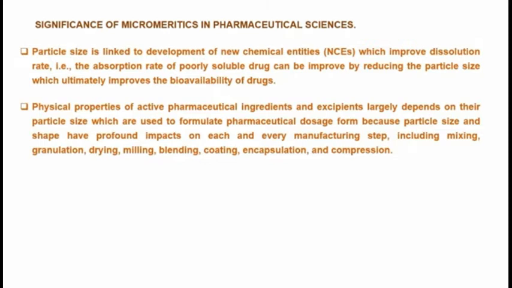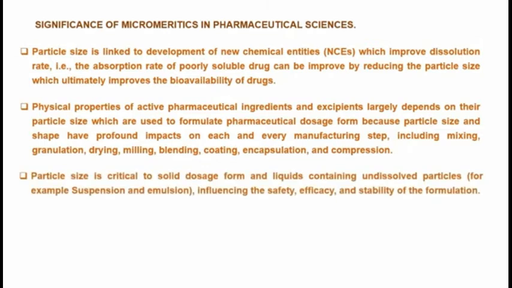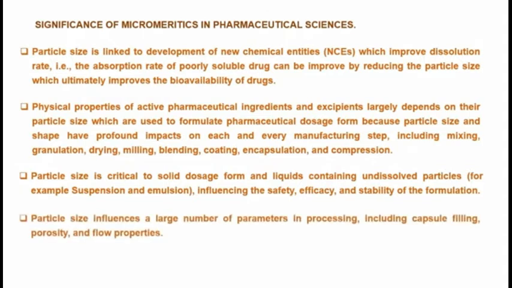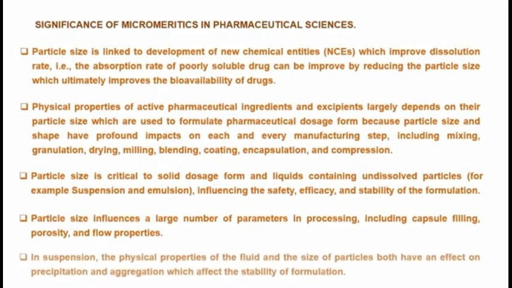In microscopy, first, the range of analysis by transmission electron microscope is 0.001 to 0.1 micron. Second, by scanning electron microscope, 0.01 to 1000 micron. Third, by light microscope, 1 to 1000 micron. The advantages of microscopy: first, it is an easy and convenient method. Second, a size frequency distribution curve can be plotted by counting the number of particles in a size range. Third, it can detect the presence of agglomerates and particles of more than one component.